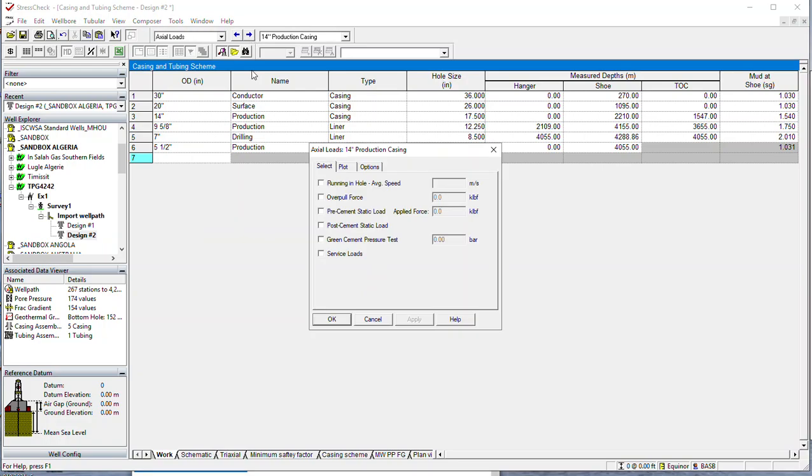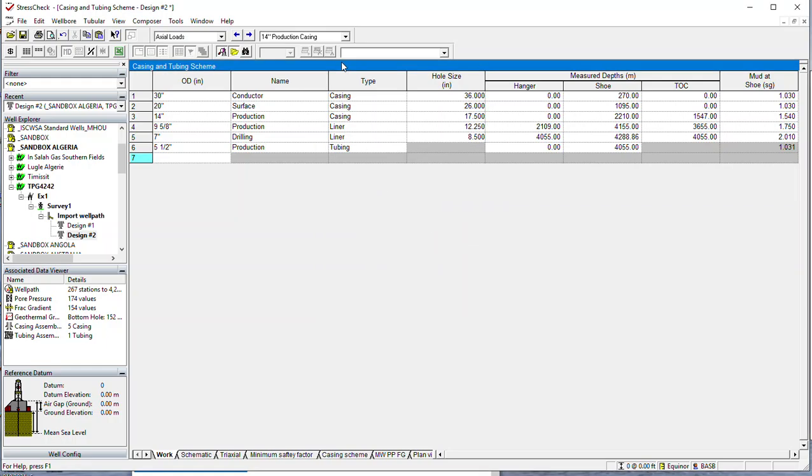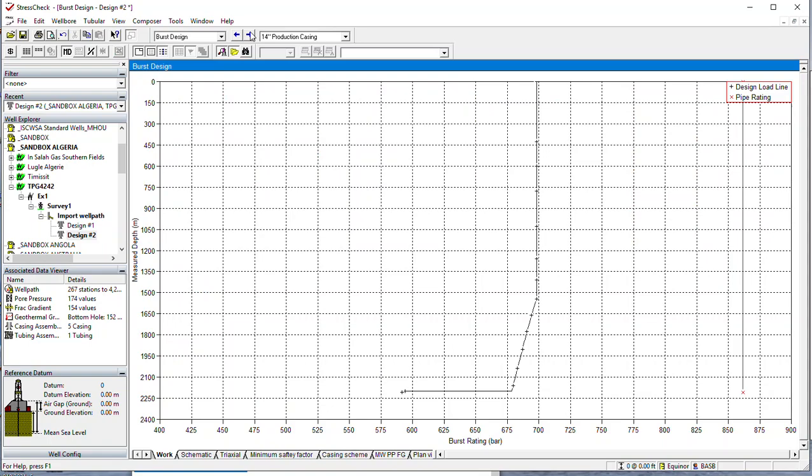Axial loads, running in hole, let's say 5 meters per second, and overpull 150. I'm going to put in 635 here. Service loads, apply. I have to adjust that load later on if my recollection is wrong. Here we go. So the burst loads would amount to